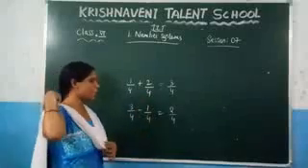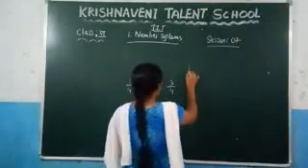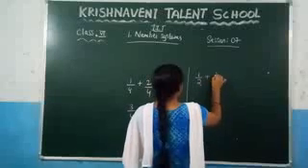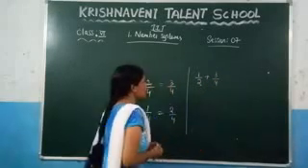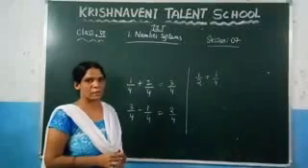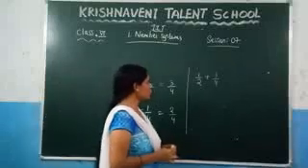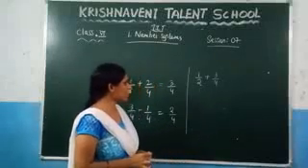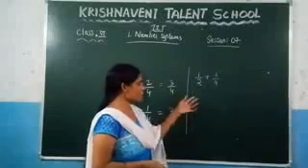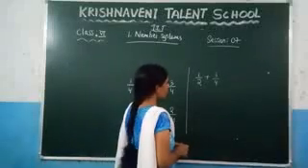Suppose you are not given like fractions, how do you add and how do you subtract them? Consider something like 1 by 2 plus 3 by 4. Here you can observe that these are not like fractions because the denominators are not the same. So how to add these two fractions? This one you can do in two ways. One thing you can do, you can take the LCM of the denominators, or otherwise you can change these fractions into like fractions. So let us solve by both of the methods.